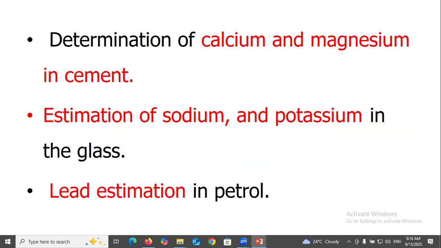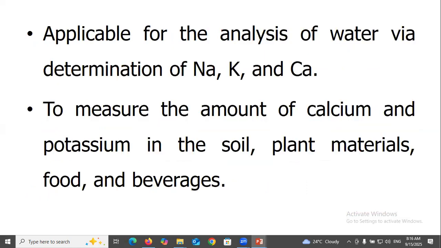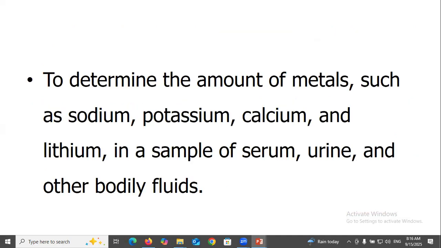Estimation of sodium and potassium in glass. Lead estimation in petrol. Application for the analysis of water by determination of sodium, potassium, calcium; to measure the amount of calcium and potassium in soil, plant materials, food and beverage. To determine the amount of metals such as sodium, potassium, calcium and lithium in samples of serum, urine and other